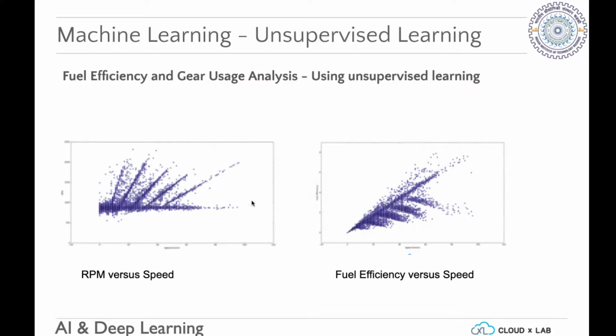We didn't tell it that this value is this gear, this value is this gear. That would be a supervised learning problem. We said just give me 5 sets, because I know this car has 5 gears, so there should be 5 sets of data. Please identify those 5 sets. So that's an example of unsupervised learning. Whether you use unsupervised or supervised learning, or classification or regression, is largely dependent on the problem you have. A different problem would require a different algorithm. I presume that's clear.